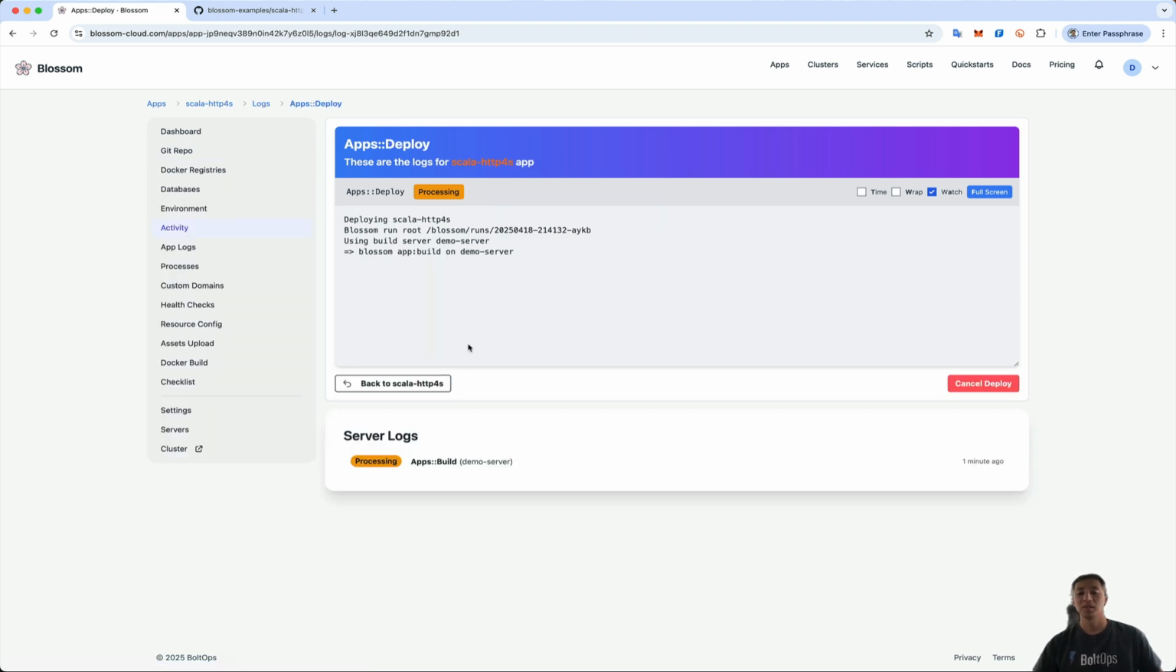I'll go back to parent log, but that's nice. That keeps, I think, the logs nice and separate. I do want to point out that it's actually only using one server because we only have one server in